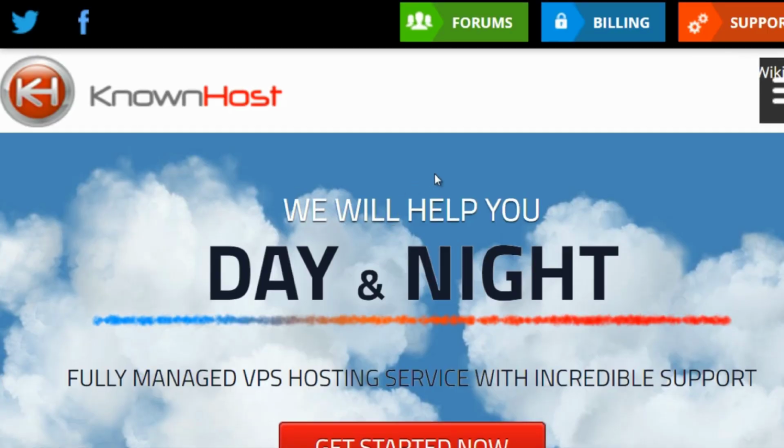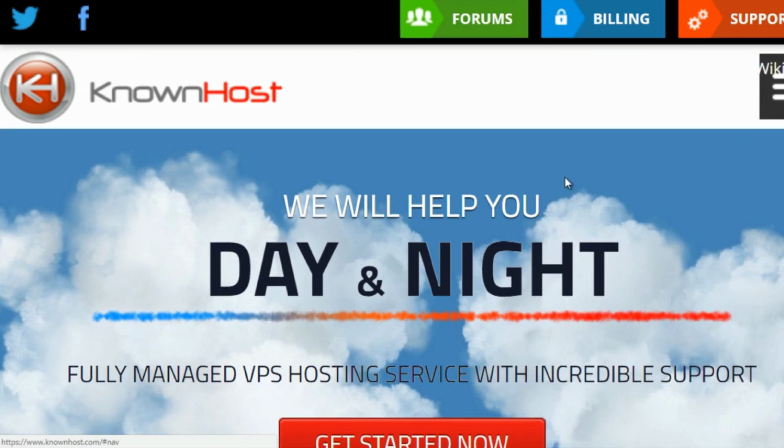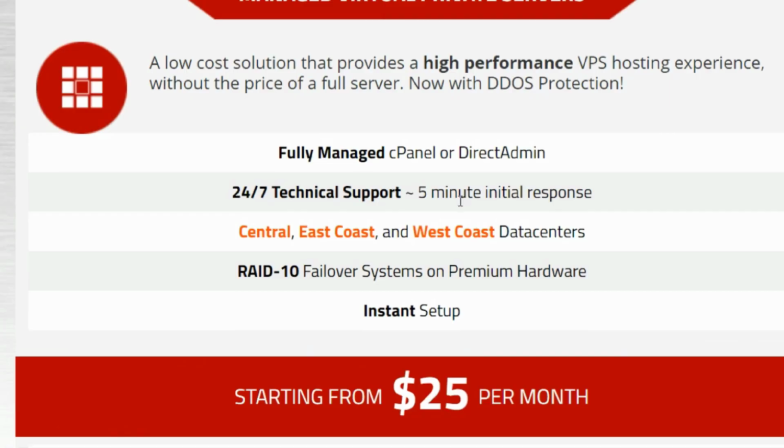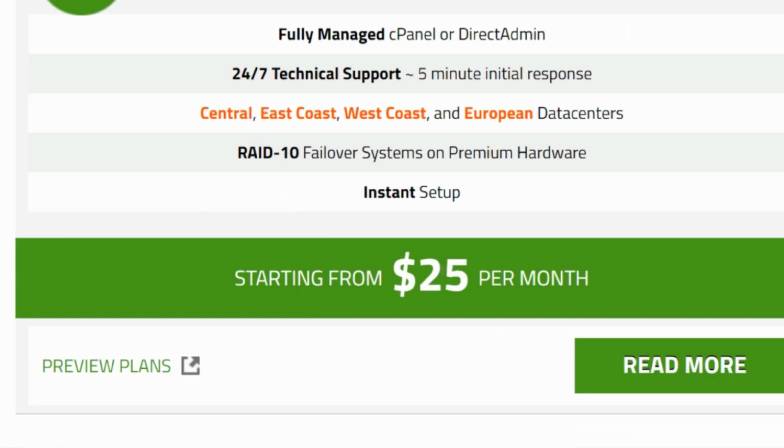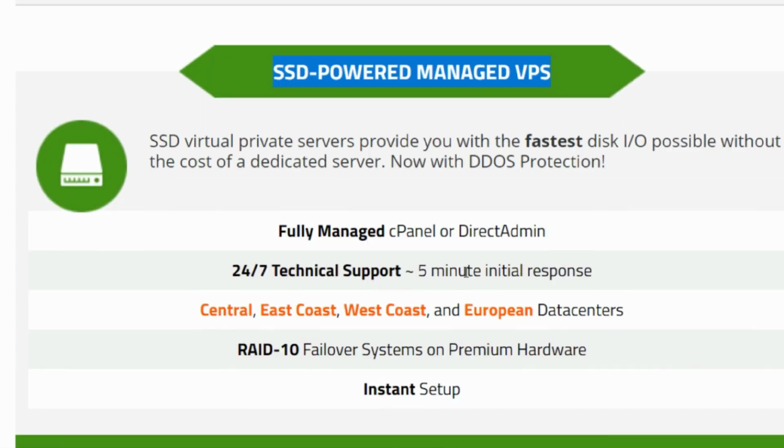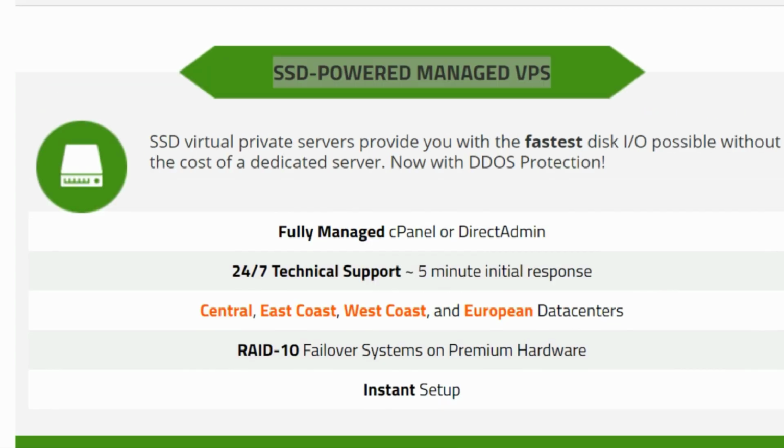So you can head on over to here, and what you're looking for with WordPress type web hosting is SSD. Any type of SSD is going to be really, really fast. You can pick the $25 per month plan, for example, and this is going to be reliable because this is a reliable host. You always want to choose a reliable host.